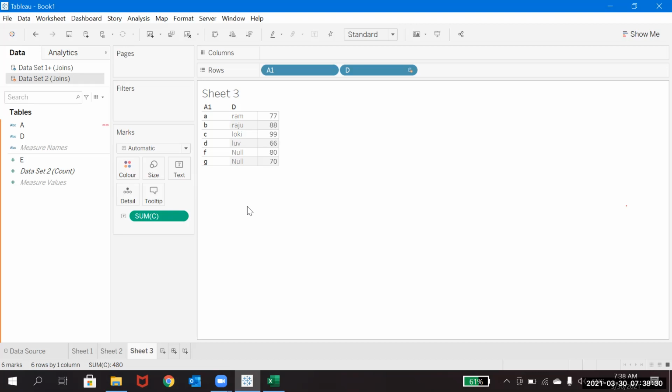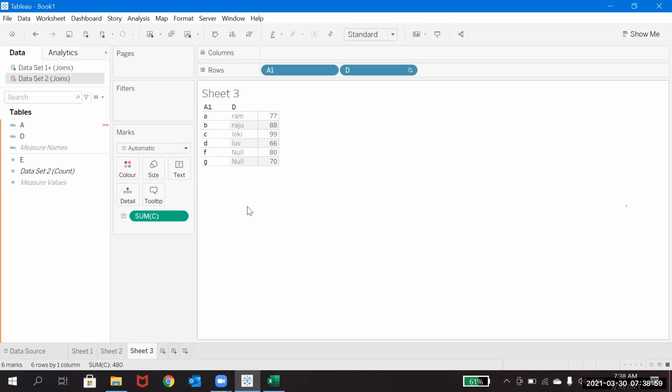But when it comes to joins, the moment you do the join at the data source level, it applies to the complete sheets that use those joins. I mean, the join result is whatever you have. But blending is such that wherever you create the visualization on a particular sheet, it is restricted there. It will not go further. So that is the small difference you need to observe.